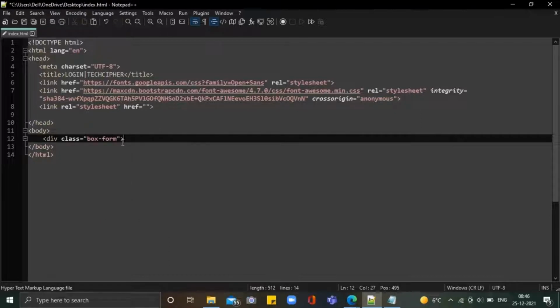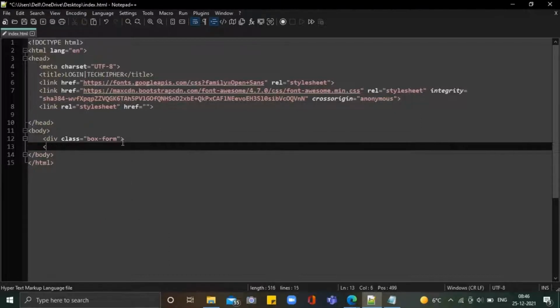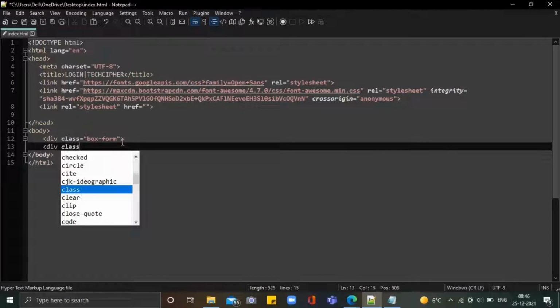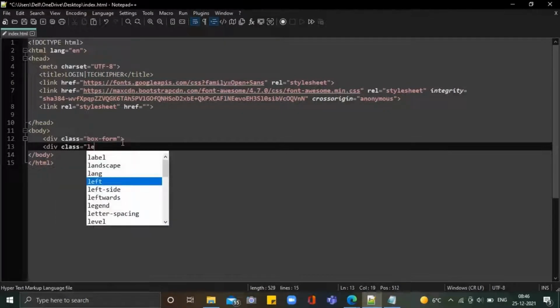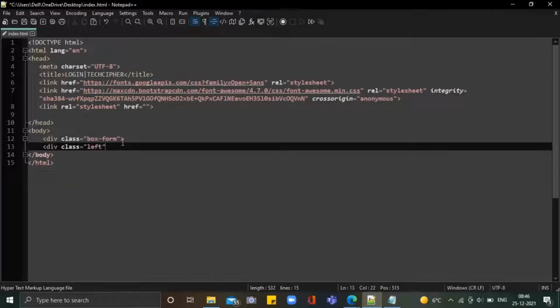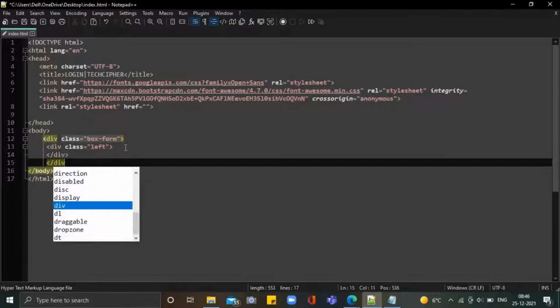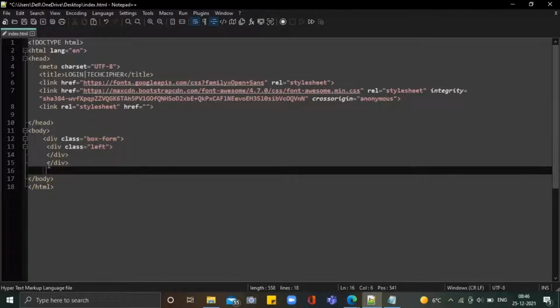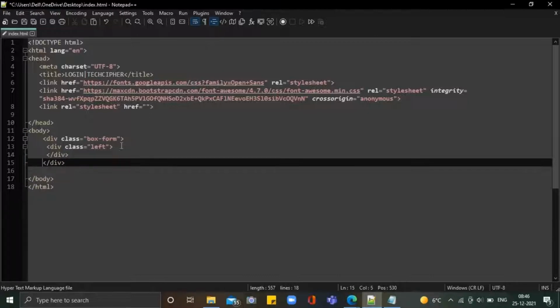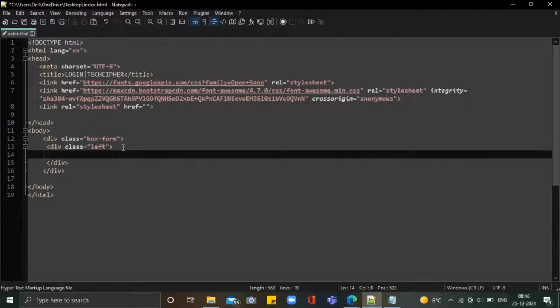And after this we have to include a left part inside it. So first we'll write the div class left over here, and indent it, and as I told you earlier, close every appropriate tag that is meant to be closed, so that afterwards we do not face any confusion. So here in the left class, first what we are going to do is, let's have